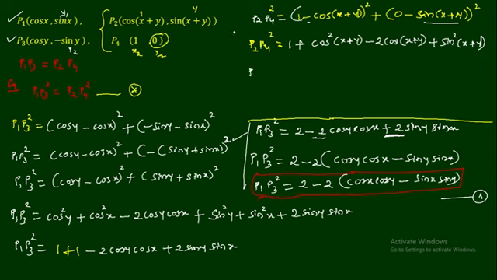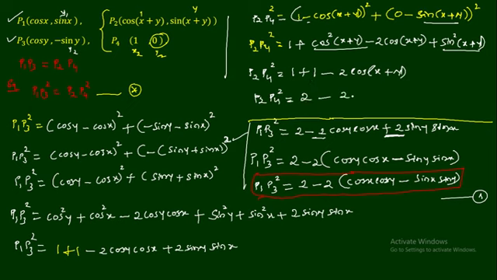Next, P2P4 the whole square is equal to 1 as it is, cos square x plus y plus sine square x plus y. Again trigonometry, sine square theta plus cos square theta is nothing but 1. So next, minus 2 cos of x plus y. And here again I'll go for P2P4 square is equal to 1 plus 1 is 2 and minus 2 cos of x plus y. This is the value of P2P4. This is P2P4 the whole square. Take it as equation number 2. So note down these two formulas,